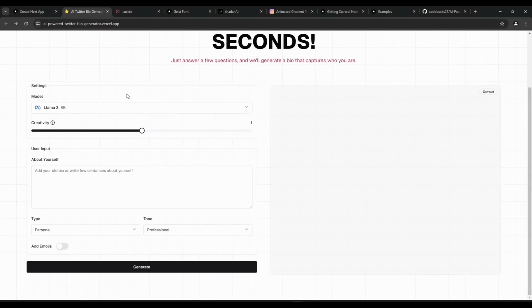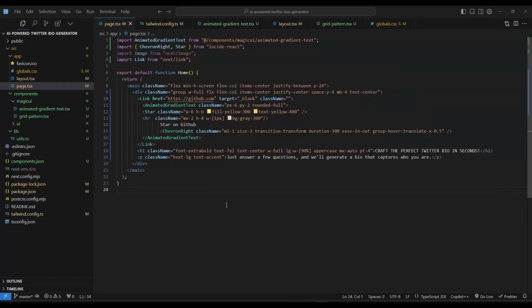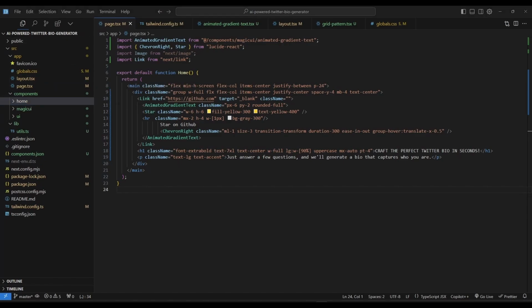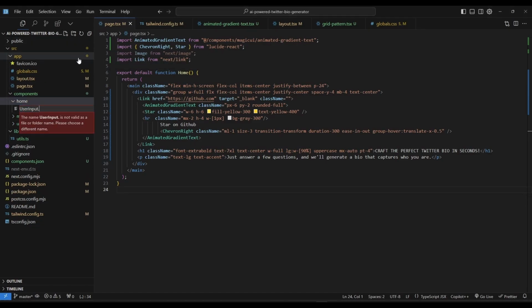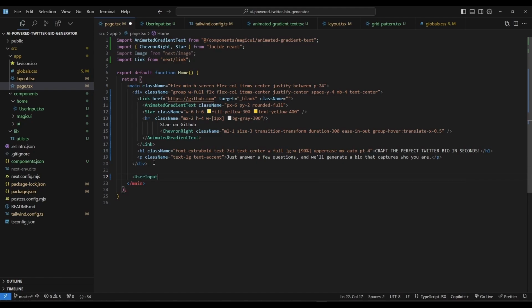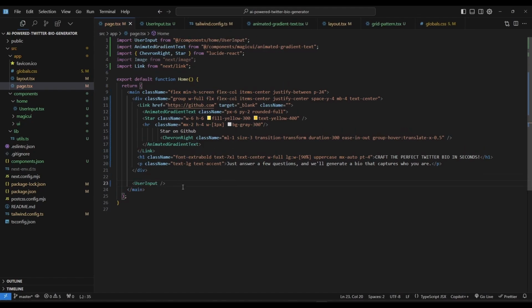Now after this, we'll create one component for this configurations and one for this output. So let's go to the components, and let's create one folder called home. Now inside this home folder, we'll create one component called user input.tsx, and let's import this in the page. So after this div, let's import the user input. Let's save this,